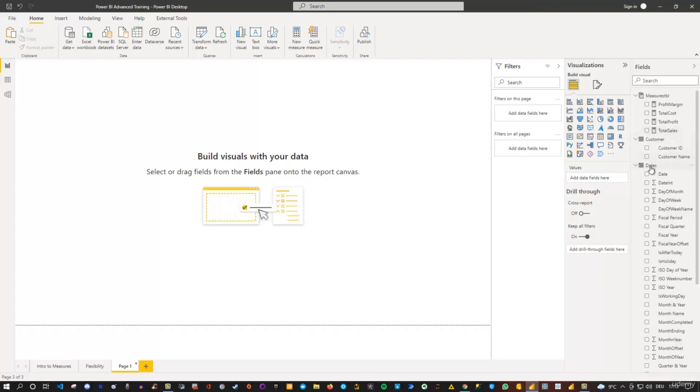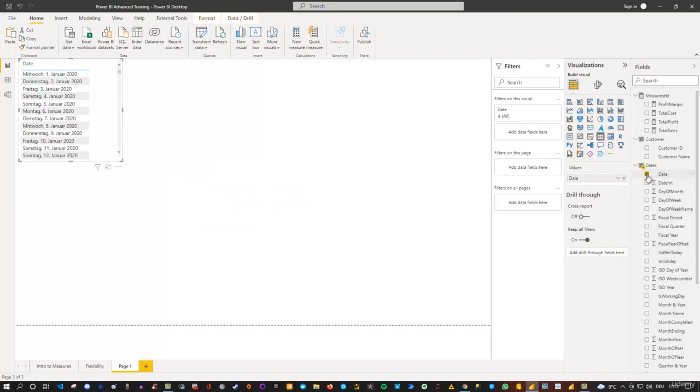So if you open the dates table in here, maybe some of you have next to the date a little, let's say, date icon or calendar icon. If that is the case, the reason for this is that auto date time is currently enabled for you. So let me show this to you. Currently, you see that the date itself here has no icon. That means that if I would click on it to drag it in my view, a table gets created, and you see that under values,